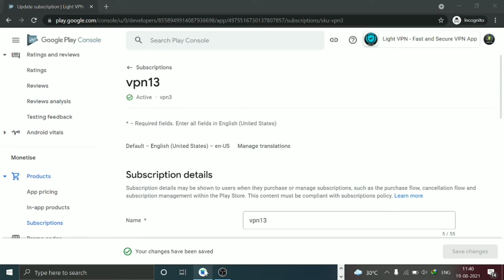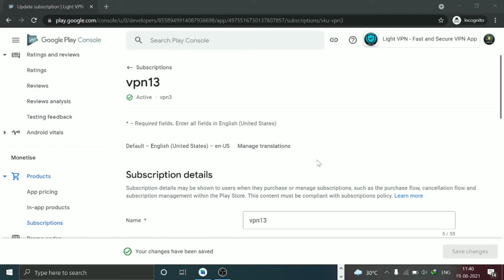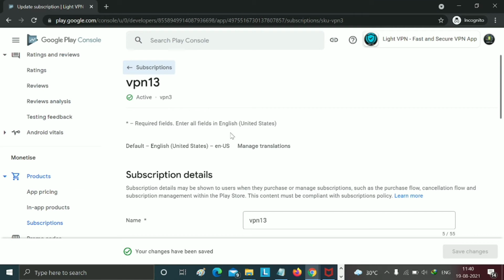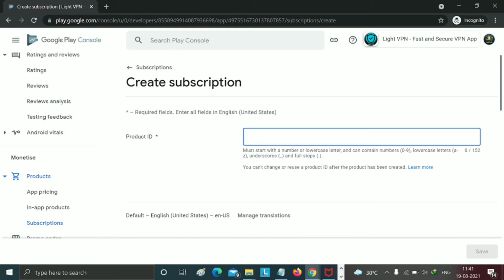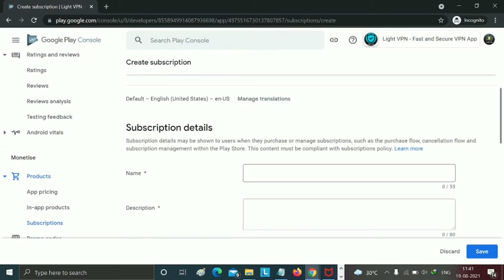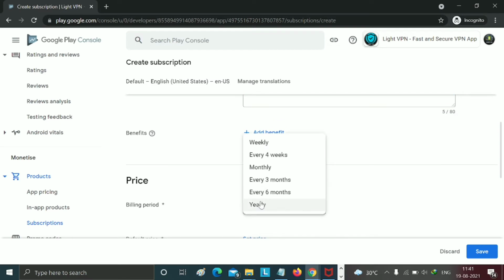Now I have added a total of 3 plans, and the last is yearly, and the total price is 500 rupees. Click on the subscription option. Just click on create subscription again, and the product ID I added is VPN4, and the name also VPN14. The description is VPN14. Don't do anything in benefit.